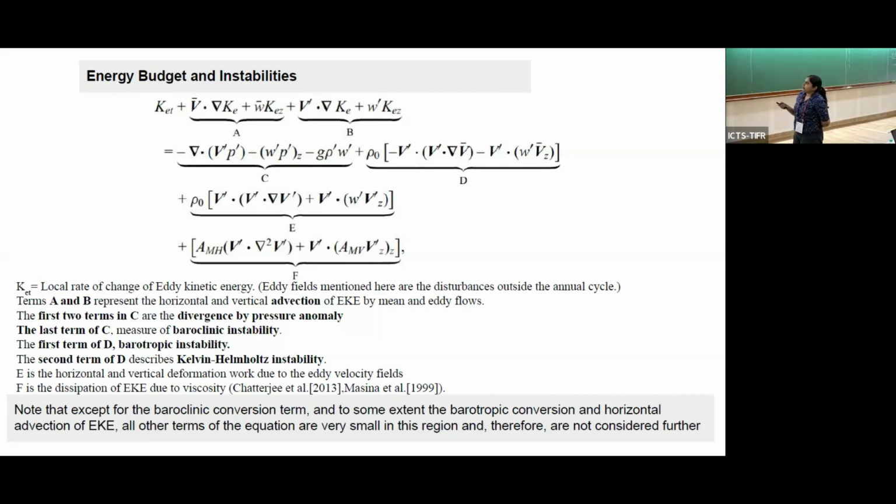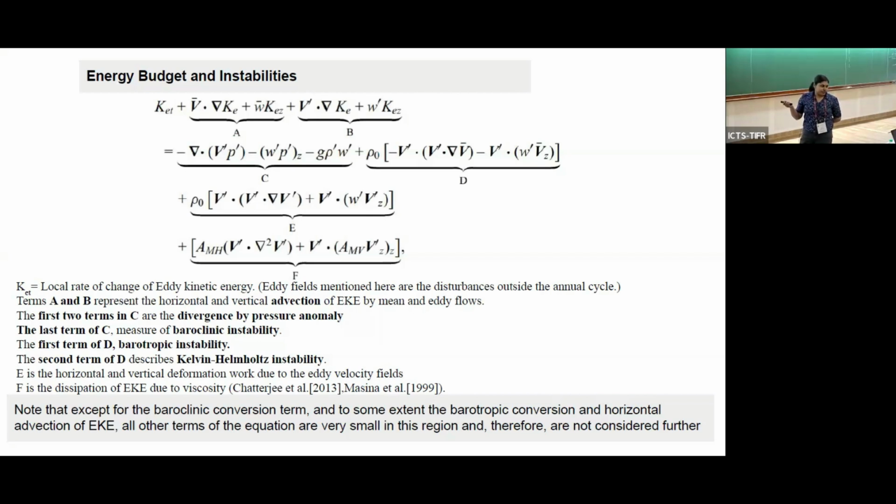And then in C, the first two terms are basically the pressure divergence, and that is very small. And the third term is the baroclinic instability. Baroclinic instability is basically the conversion of energy from the available mean potential energy to eddy kinetic energy. And then in D, the first term is the barotropic instability, and the second term is the Kelvin-Helmholtz instability. And then similarly, E and F are basically horizontal and vertical deformation work, and then energy dissipation